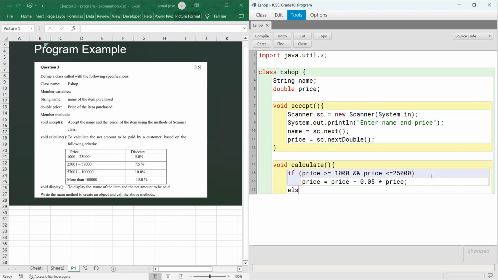Then there are following conditions. Else if price is greater than or equal to 25,001 and price is less than or equal to 57,000. You have to just repeat the statements. Price is equal to price minus